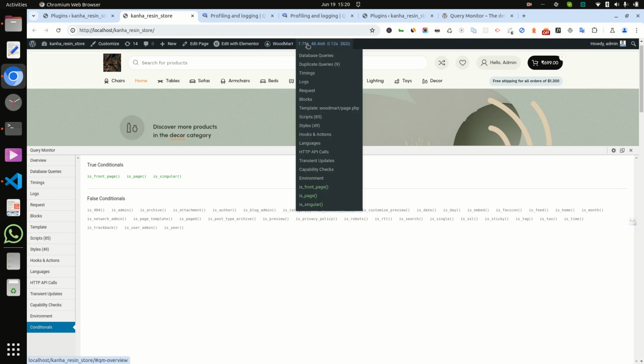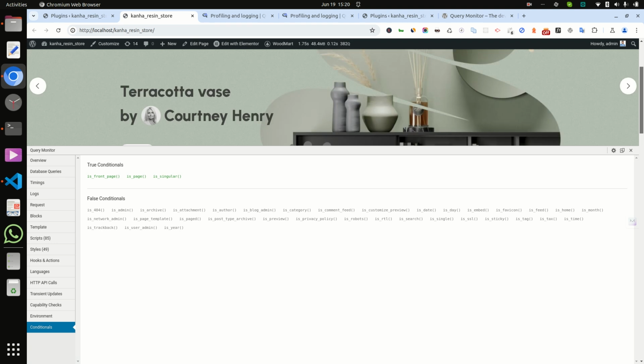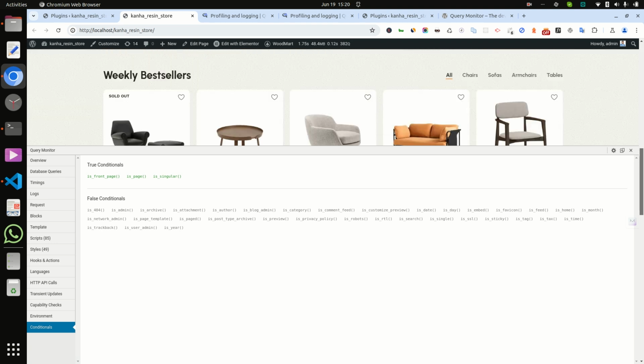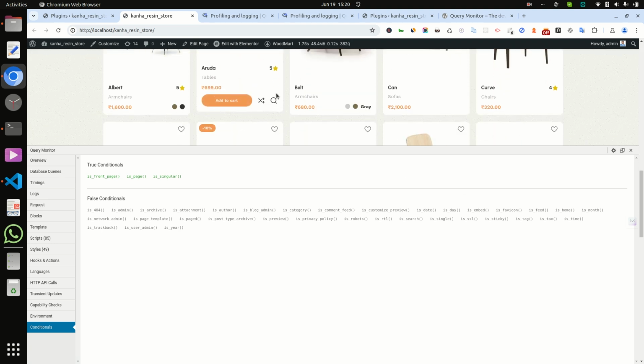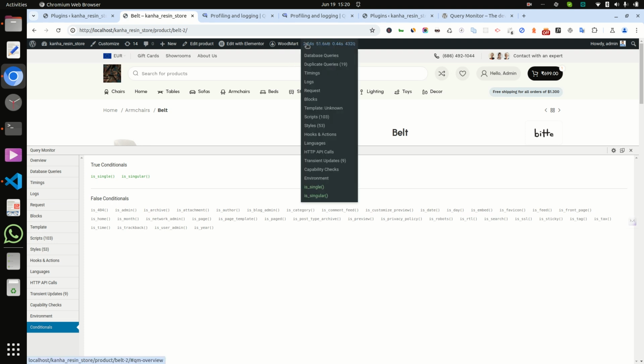Like it is taking 1.75 seconds, and it is also showing why this 1.75 is taking. Suppose I go to the product page, then it is taking 2.54 seconds.